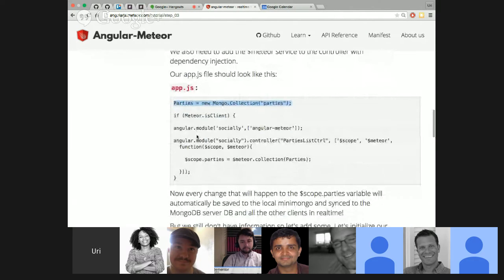This happens in a plain JavaScript file that exists on the root of the project. Any JavaScript file that you don't put in the client folder or the server folder exists on both the server and the client. This is a very interesting thing that Meteor gives you.